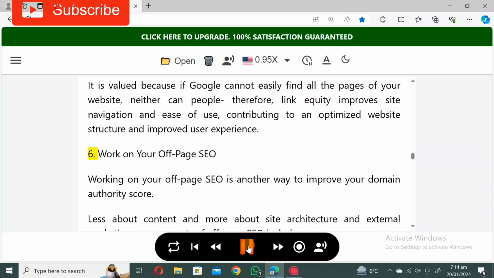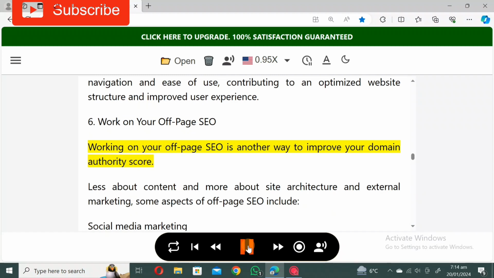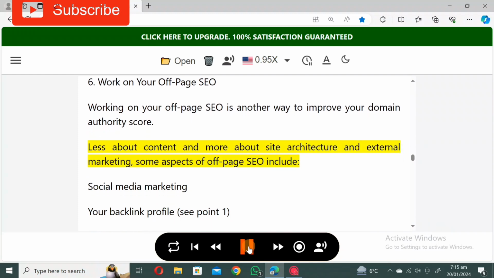6. Work on your off-page SEO. Working on your off-page SEO is another way to improve your domain authority score. Less about content and more about site architecture and external marketing. Some aspects of off-page SEO include